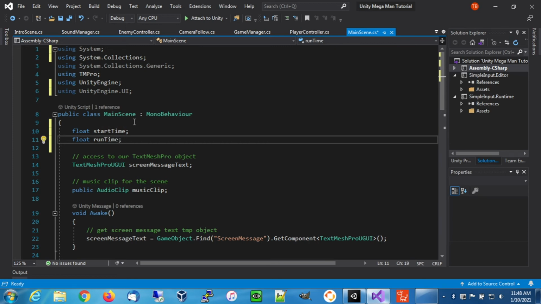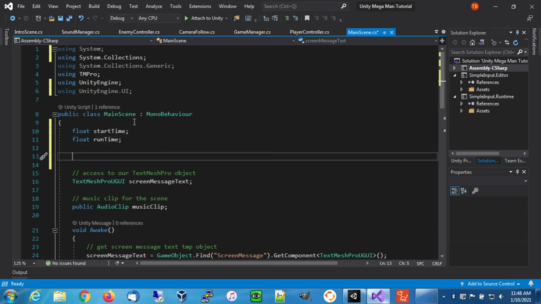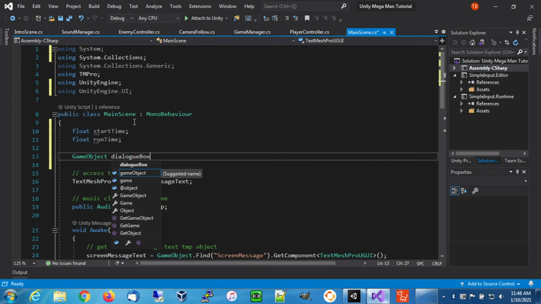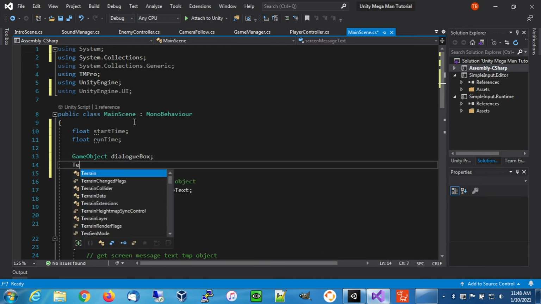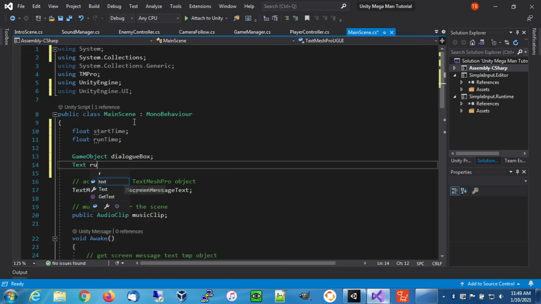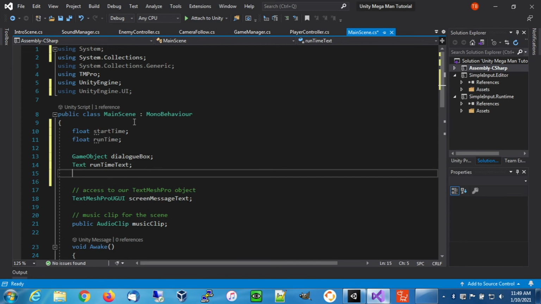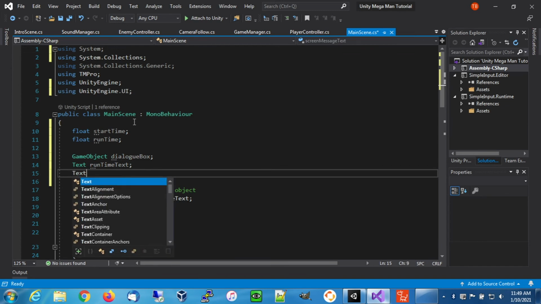And then we're going to have our canvas objects. So we're going to have a game object for the dialog box, so we can access that and turn it on and off. Then we need a Text, which is going to be runtime text. And then TextMeshPro for the